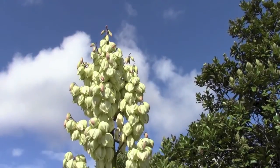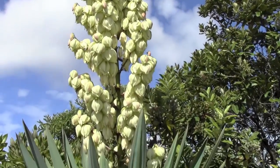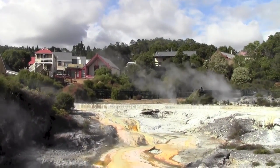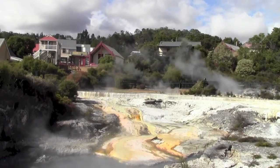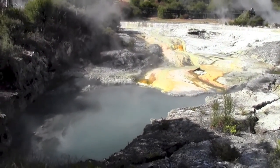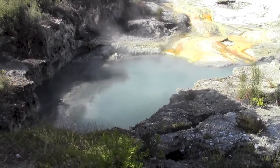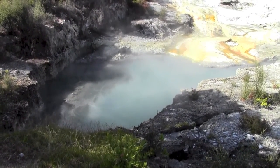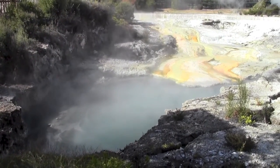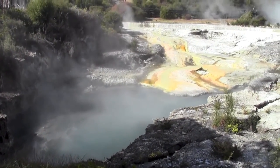They are the minerals that are deposited. Yellow is sulfur, white minerals on my right, into our bathing area, hence the beautiful oily feeling we have in our water, the softness of our water. Where the minerals are used to be a beautiful pool called Rotorua, the duck park, very popular with the women